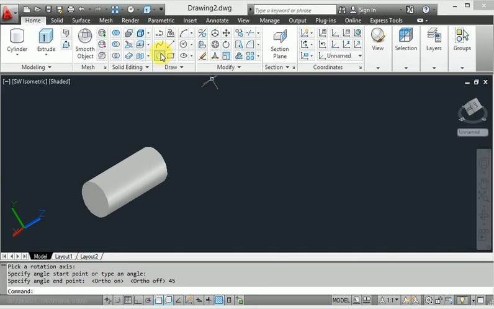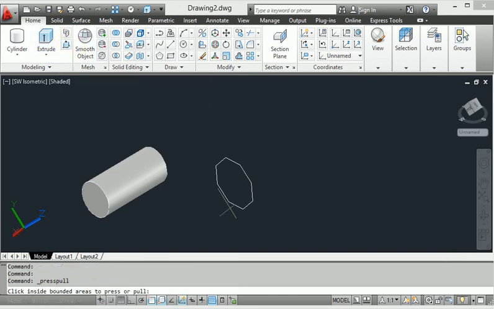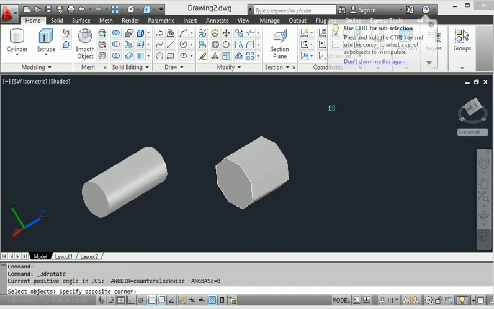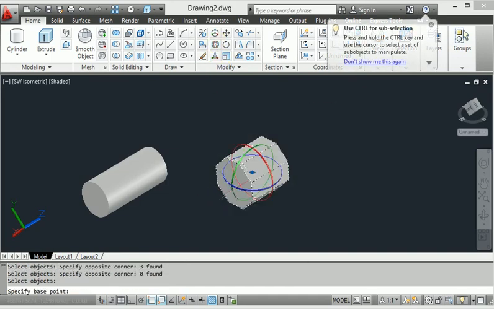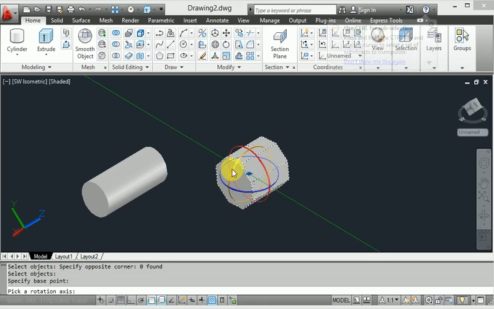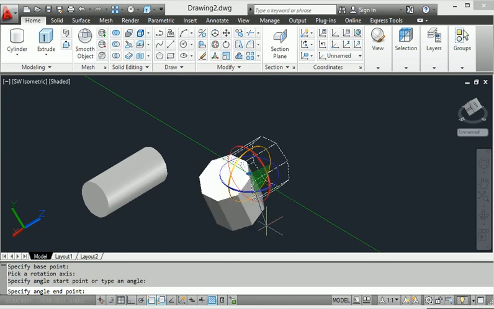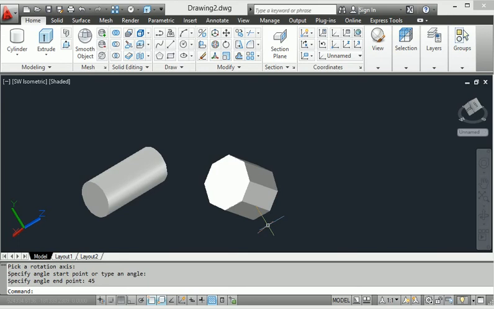Same thing, I have made this object right now. Look at this and go to the press pull command and also press enter to extrude here. Okay, then apply the rotate command also. When I enter this rotate command, also enter the point and go here, select the point and make the 45 degree, then also provide 45 degree.